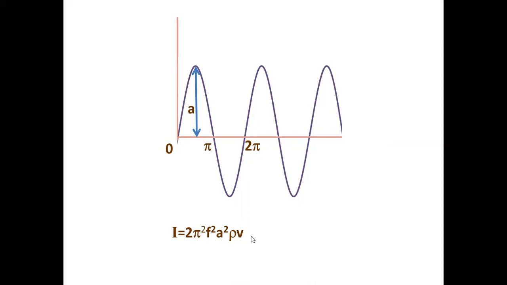This formula doesn't appear in the syllabus, but this is very much needed. It is not given in the syllabus for the reason that it is already studied in the previous class. That's all. So what is the formula? Intensity of any wave traveling in a medium is 2 pi squared f squared a squared rho v. What are the terms? 2 pi squared is a constant. f is the frequency of the wave. a is the amplitude of the wave, maximum displacement. Rho is the density of the medium. v is the speed of the wave, the speed with which it travels in that medium.